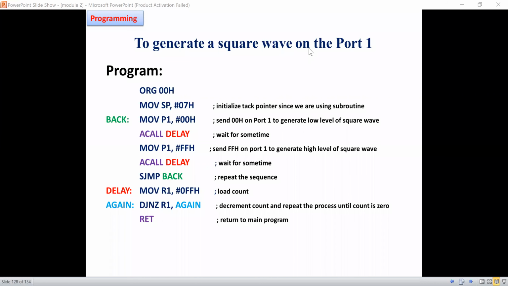So today we will see a small program. If you want to generate a clock signal, that is a square signal, right? Otherwise, from the application point of view, I want to run a DC motor with variable speed. So what I can do is